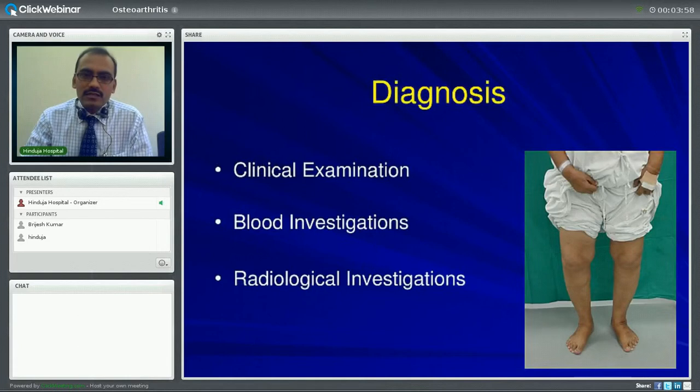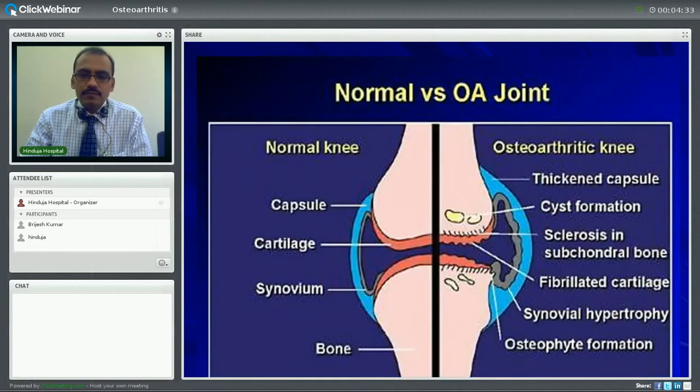How should one progress with the diagnosis of this debilitating condition in the old age group? One is obviously the clinical examination, where you will find there is deformity of the knees, as in the picture which is shown. There are blood tests. Blood tests are basically required in those patients who are getting secondary arthritis. I mean to say, if somebody has gout and that also causes secondary wear and tear which leads to osteoarthritis, in those patients we need a blood test. And the radiological investigations such as X-rays,